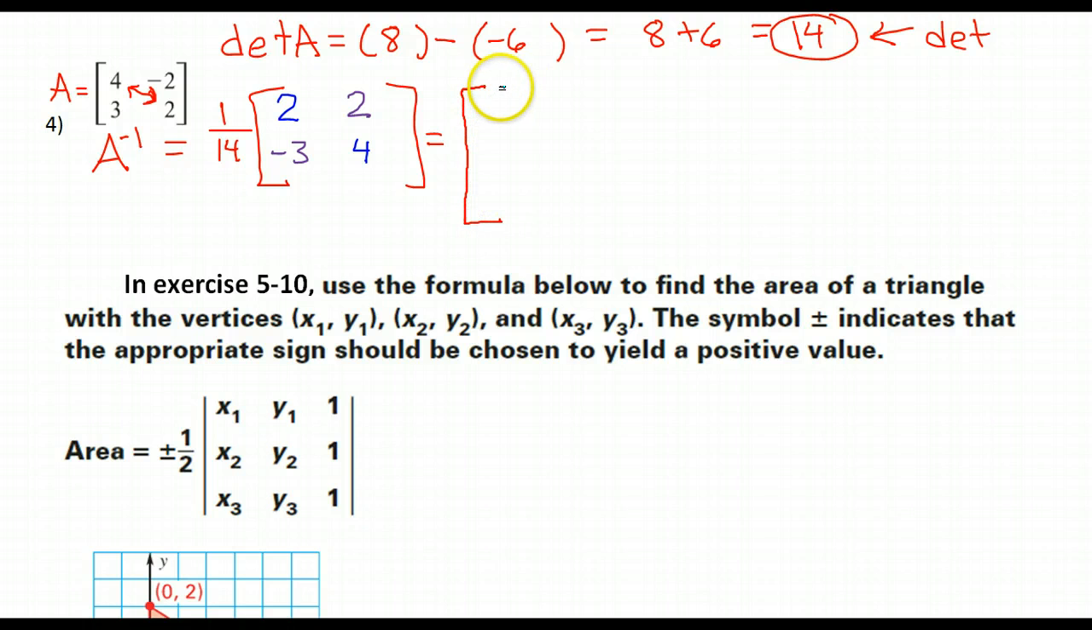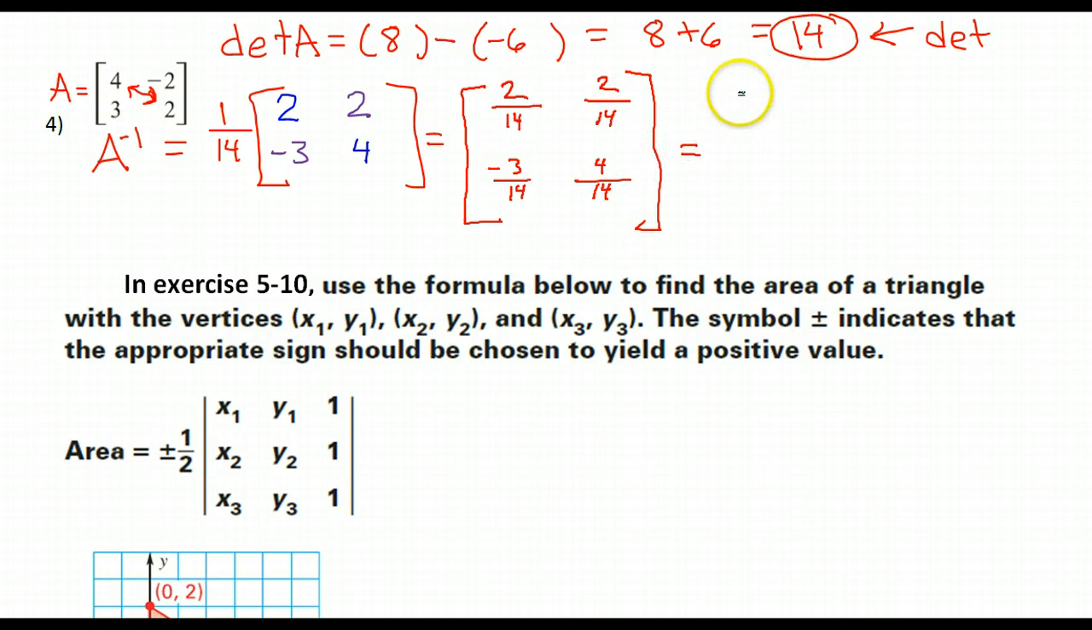Okay, so this is going to become 2 over 14 and -3 over 14, and again 2 over 14 and 4 over 14. All right, so that is going to give me 1/7 and 1/7 and